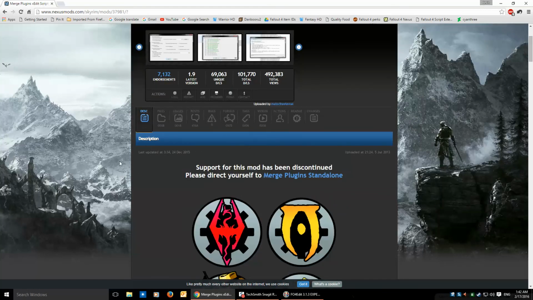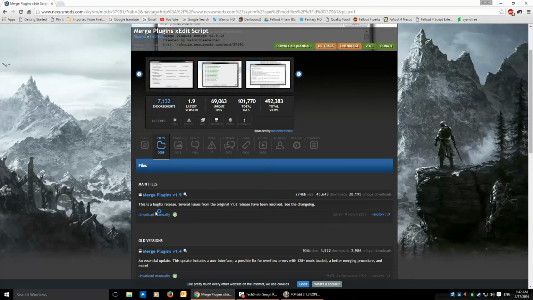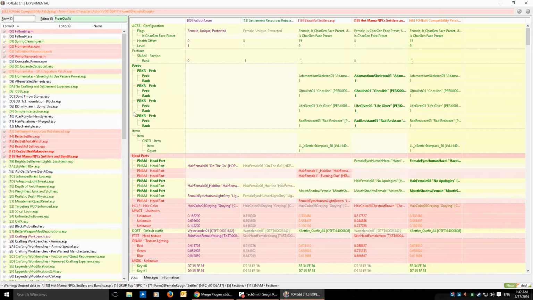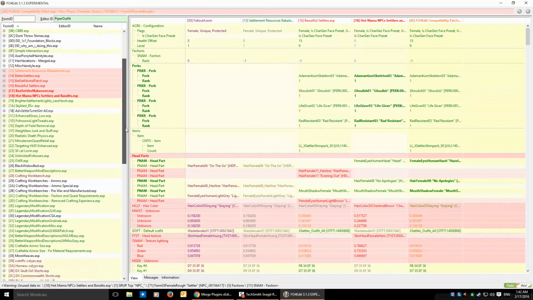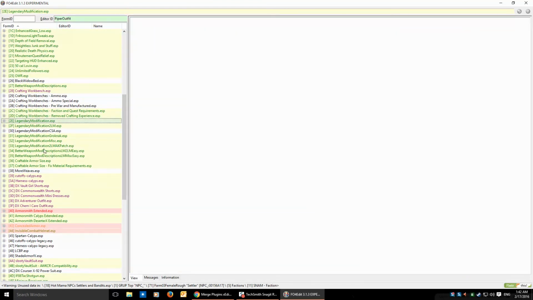What you can do is download this file and then copy the contents into your FO4Edit folder. And then what you can do is merge various plugins together. Let's take all these legendary modifications. Now, before we start the merge, keep in mind that you have to be careful when you merge a